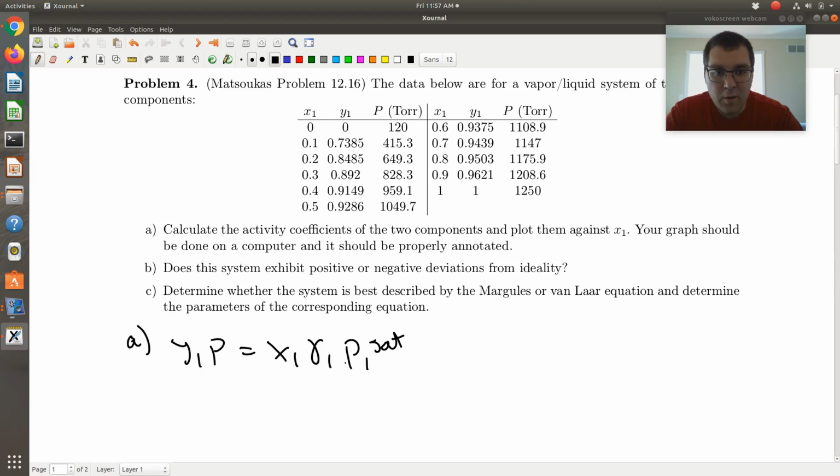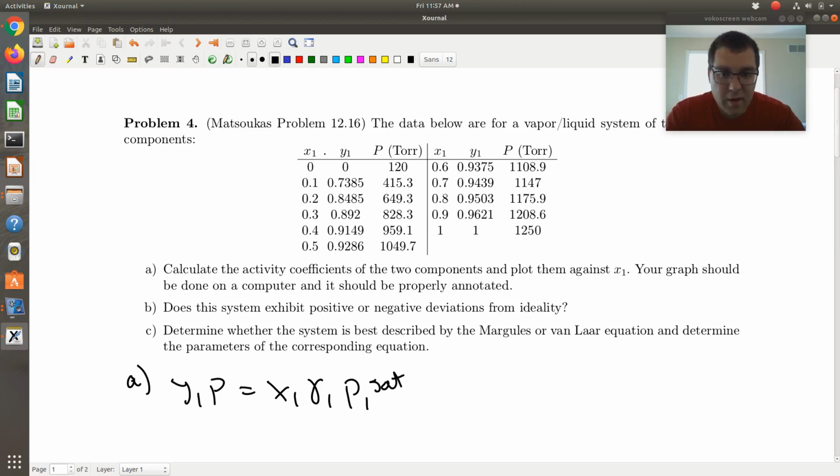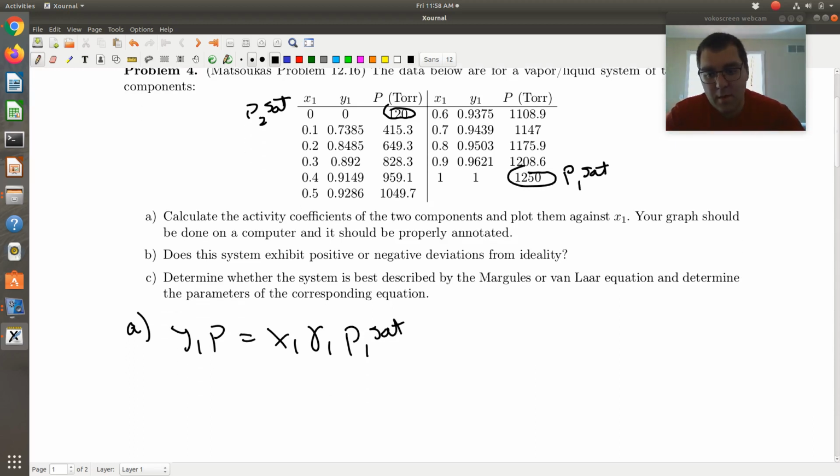Okay, I should point out here, if I'm thinking about a Pxy diagram, the pure component limit, so the limit that x1 is equal to y1 is equal to 0, would correspond to P2 sat. That would correspond to my limit of pure component 2. This other end would correspond to my limit of pure component 1, so that'd give me P1 sat. Okay, cool. So if I look at my phase coexistence criteria and solve for gamma 1,